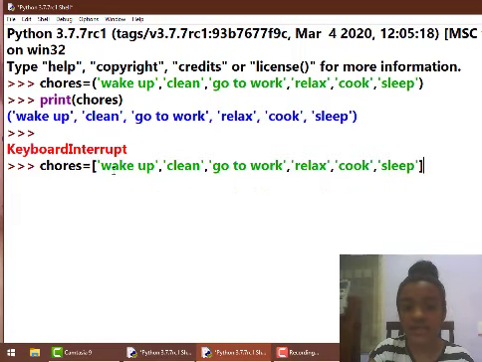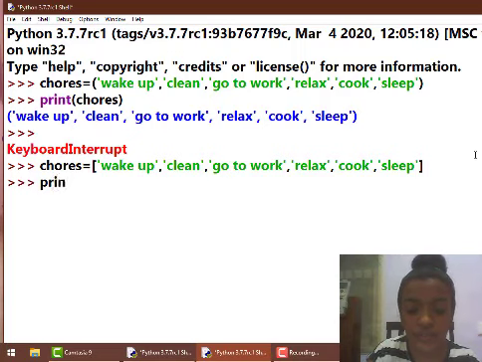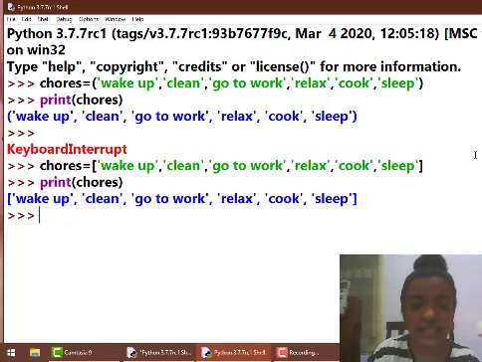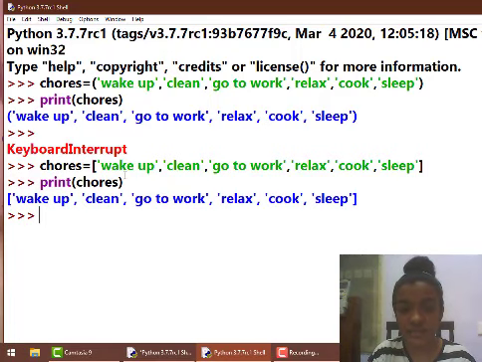So now this entire statement becomes a list. Before moving on, if I tell Python to print chores now, it prints me the same thing. The list works the same as strings, but it has something more than strings.